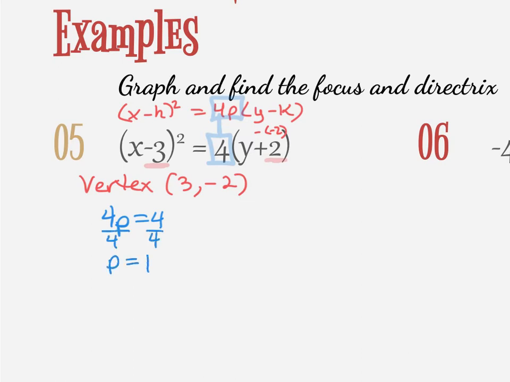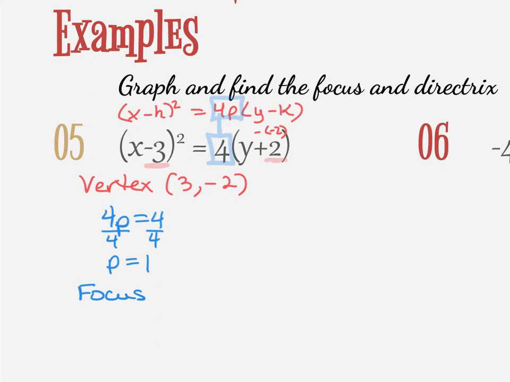And p is 1. Again, p is still the distance between the vertex and the focus, and the distance between the vertex and the directrix. Now we actually have to do a little bit of simple math here to find the focus point. It's no longer on an x or a y axis. It's always going to be shifted away from this vertex. So to find the focus,